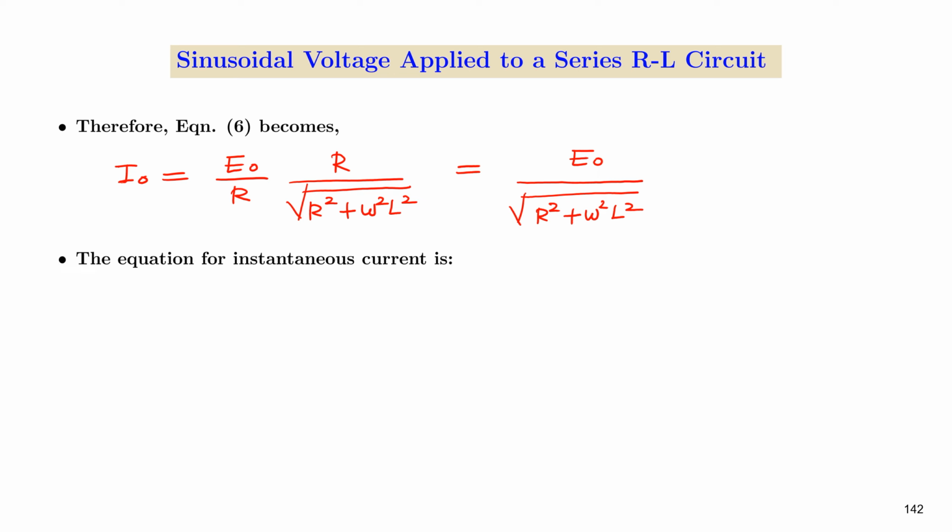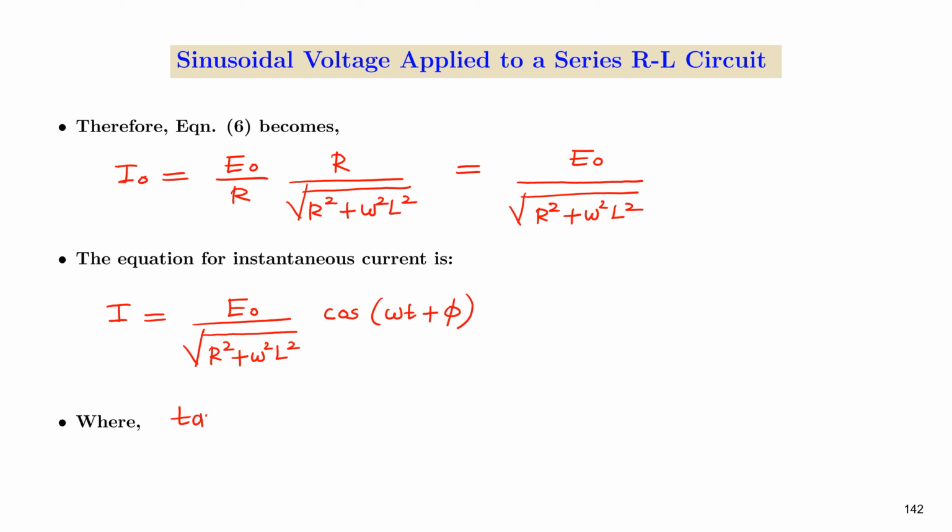Now the equation for the instantaneous current is I equal to E0 over square root of R square plus omega square L square cos omega t plus phi,